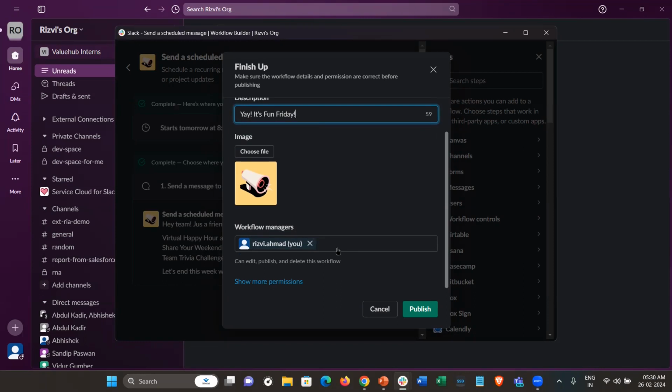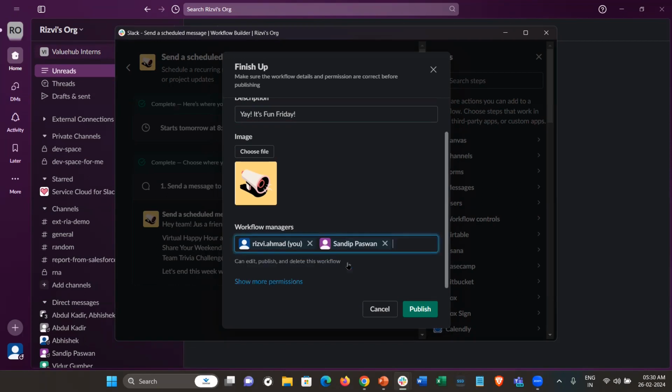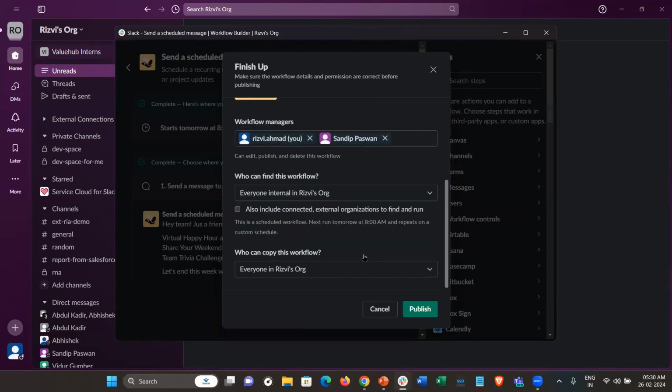and going further, we can see the workflow managers. Whenever a person creates a workflow, automatically it becomes the manager. Alternatively, we can add other managers to this workflow. Just click on this field and search for the person we want to make the managers. Select the person and there is a button called show more permissions. Clicking on it, we can see